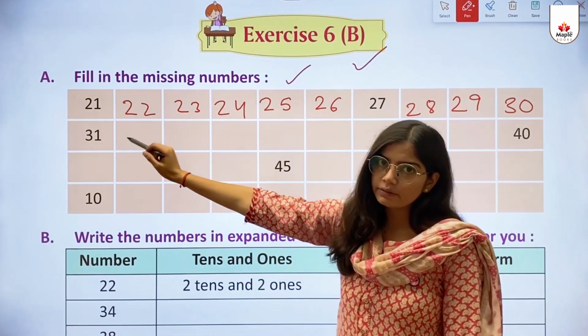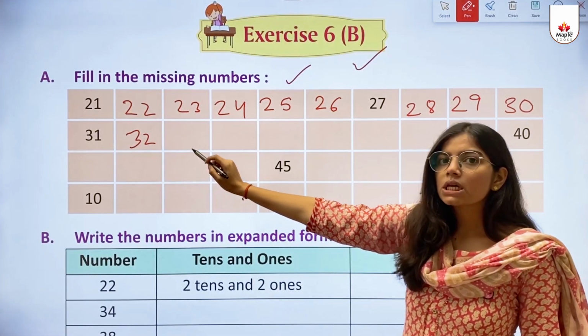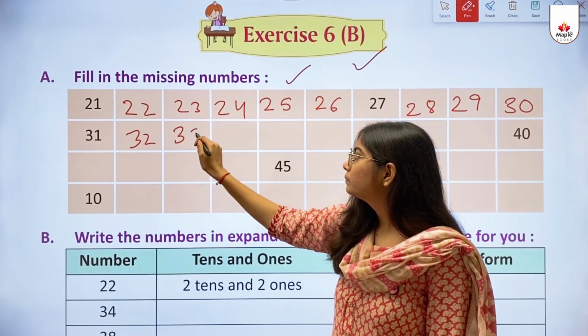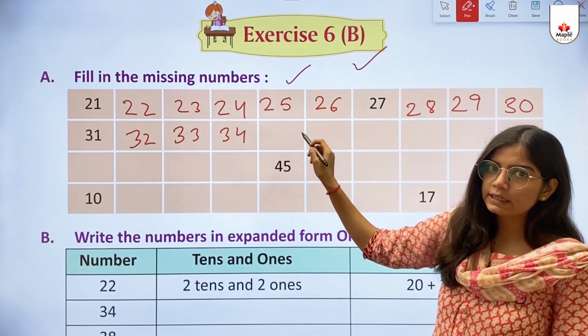Then we have 31, 32, 33, then 34, after that 35,